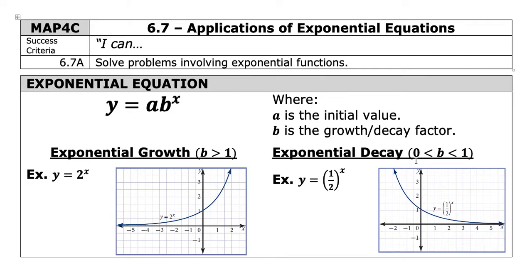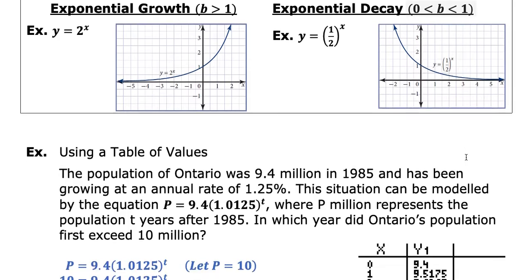Similarly, with exponential decay, when we multiply by a value that's less than 1, the image is reduced, or the product is smaller than the original value. So we see exponential decay. In both cases, we see a horizontal asymptote on the x-axis. But let's focus on this b value, the growth factor or decay factor. Being between the values of 0 and 1 will cause a reduction in the image. Next,